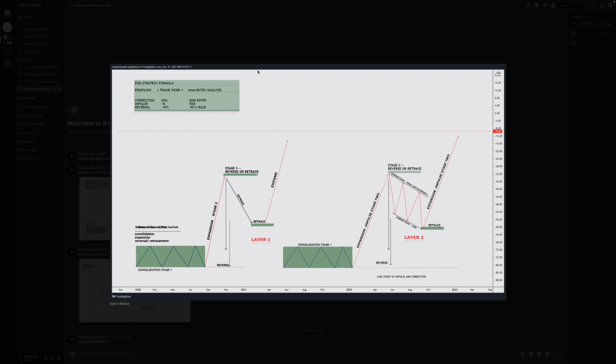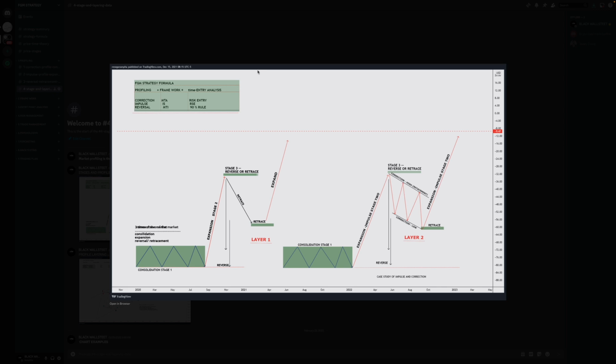You need to see price not respecting PD arrays anymore in the opposite direction that you're trading in, right? You need to see the threshold of your order block being violated. If you're trading propulsions, you need to see the first propulsion candle being traded over 50%. Then you know this trade is invalid at this point, right? So, profiling,